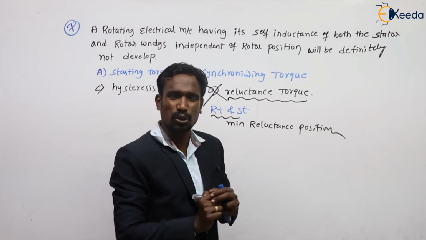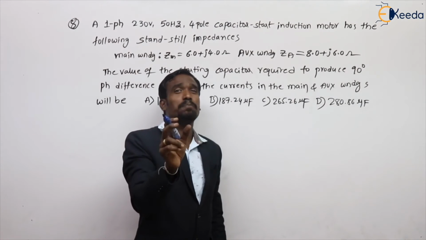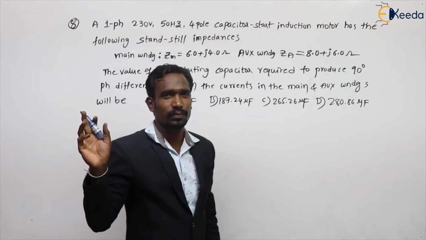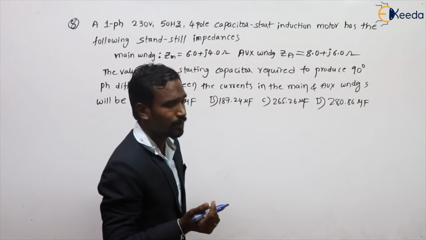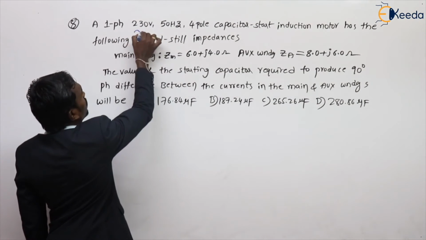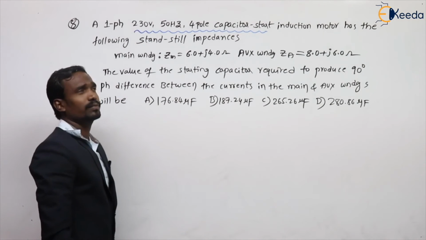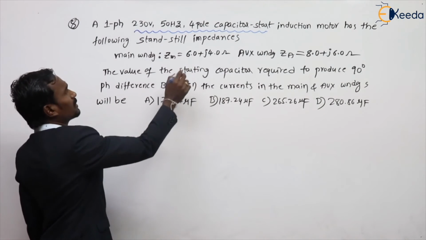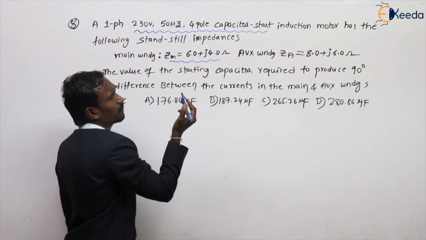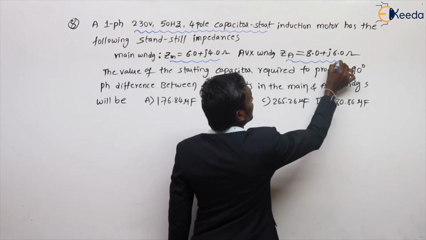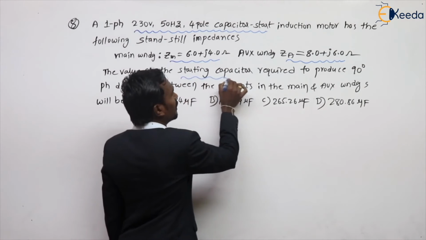This is a theory question again, right? Very important question and expected question for every GATE exam, every competitive exam. Listen carefully. A single phase 230 volts 50 Hz 4-pole capacitor start induction motor has the following standstill impedances. Main winding impedance they given, auxiliary winding impedance also given, the value of the starting capacitor